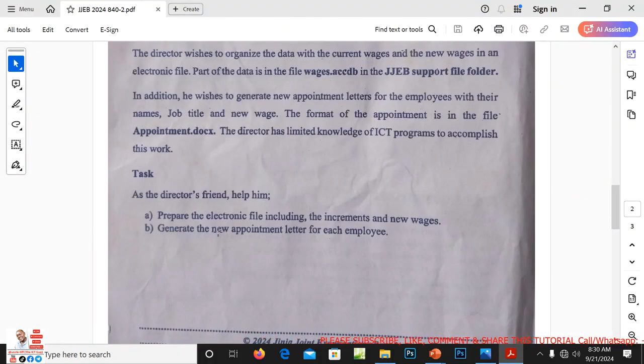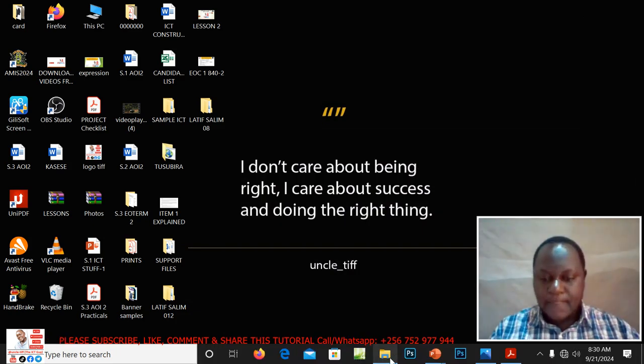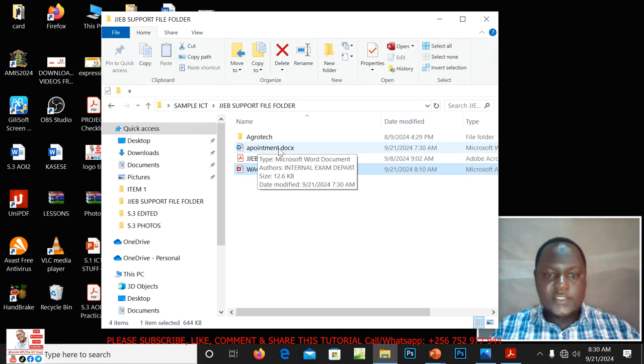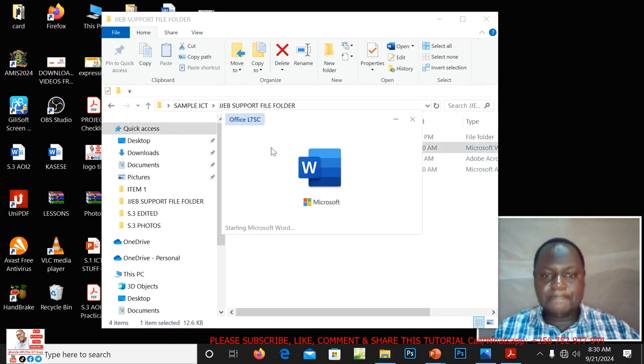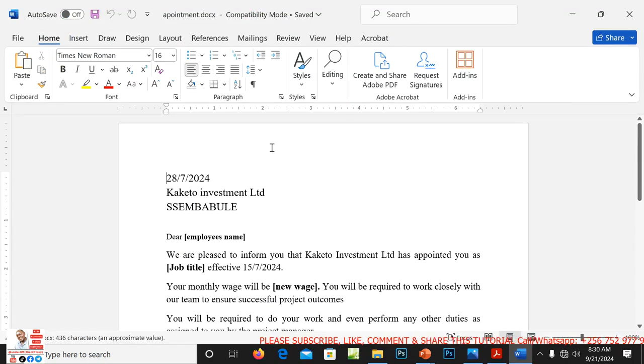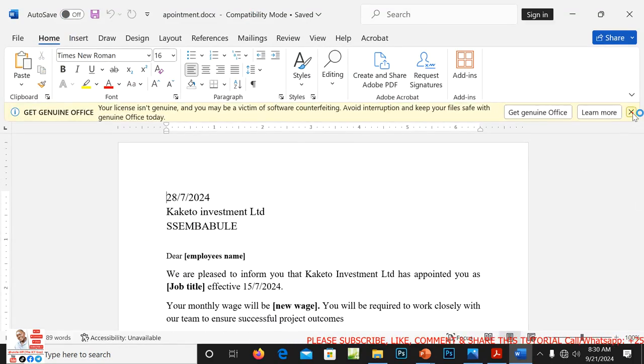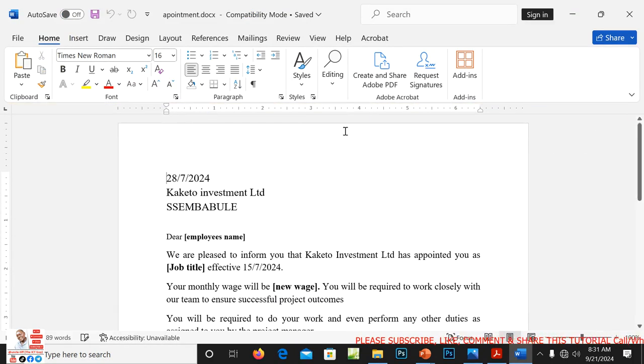Then part B says generate the new appointment letter for each employee. So our file is here, appointment.docx. We shall open this. Then we shall use the mailing feature.